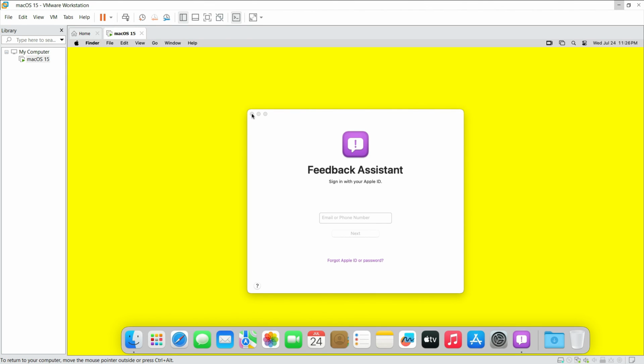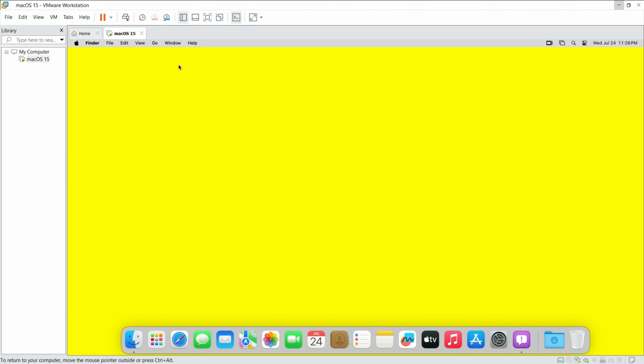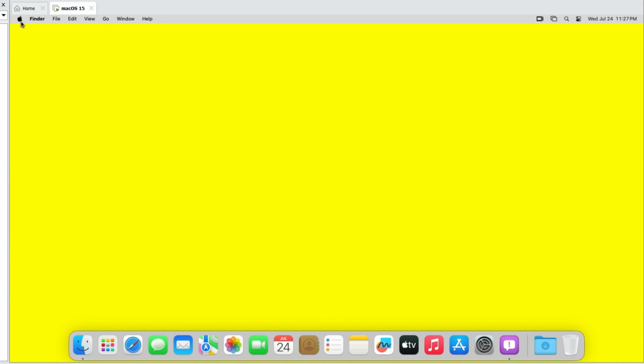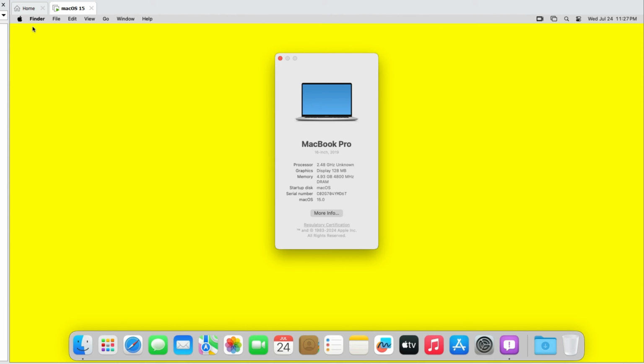Now once your computer boots up, you can just close Feedback Assistant, click on this Apple icon, then click on About This Mac. And now you can notice that it is a MacBook Pro with 16-inch screen, and the graphics is 128 MB. Then we have around 5 GB of RAM, and then we have a new serial number